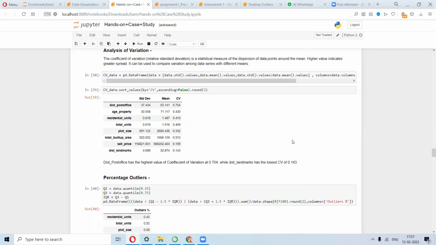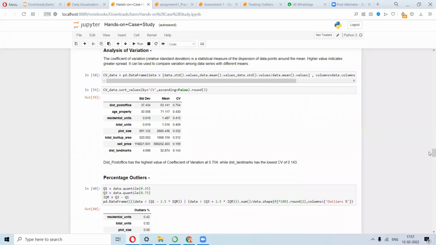Got it? Yes, sir. So start focusing on that. The end result is you need to have a complete understanding of what you're working on. Clear?